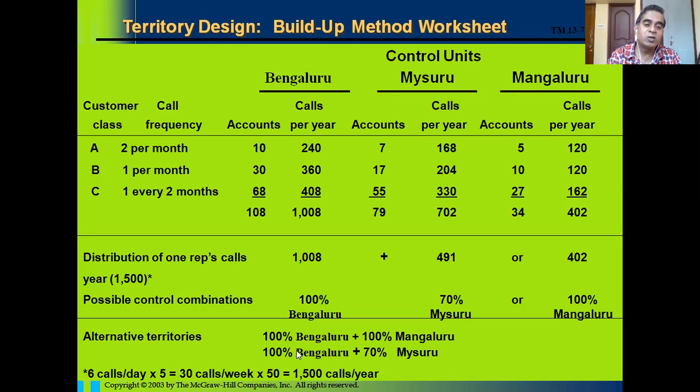In this illustration, a sales rep can make 1500 sales calls per year. So when he is allocated to a sales territory, the company has to see that approximately 1500 sales calls are available for the sales representative. If there are more, he won't be able to make the additional sales calls, and the company will lose sales. If there are far less, say only 1000, the company will be paying him more whereas he will be making fewer calls.